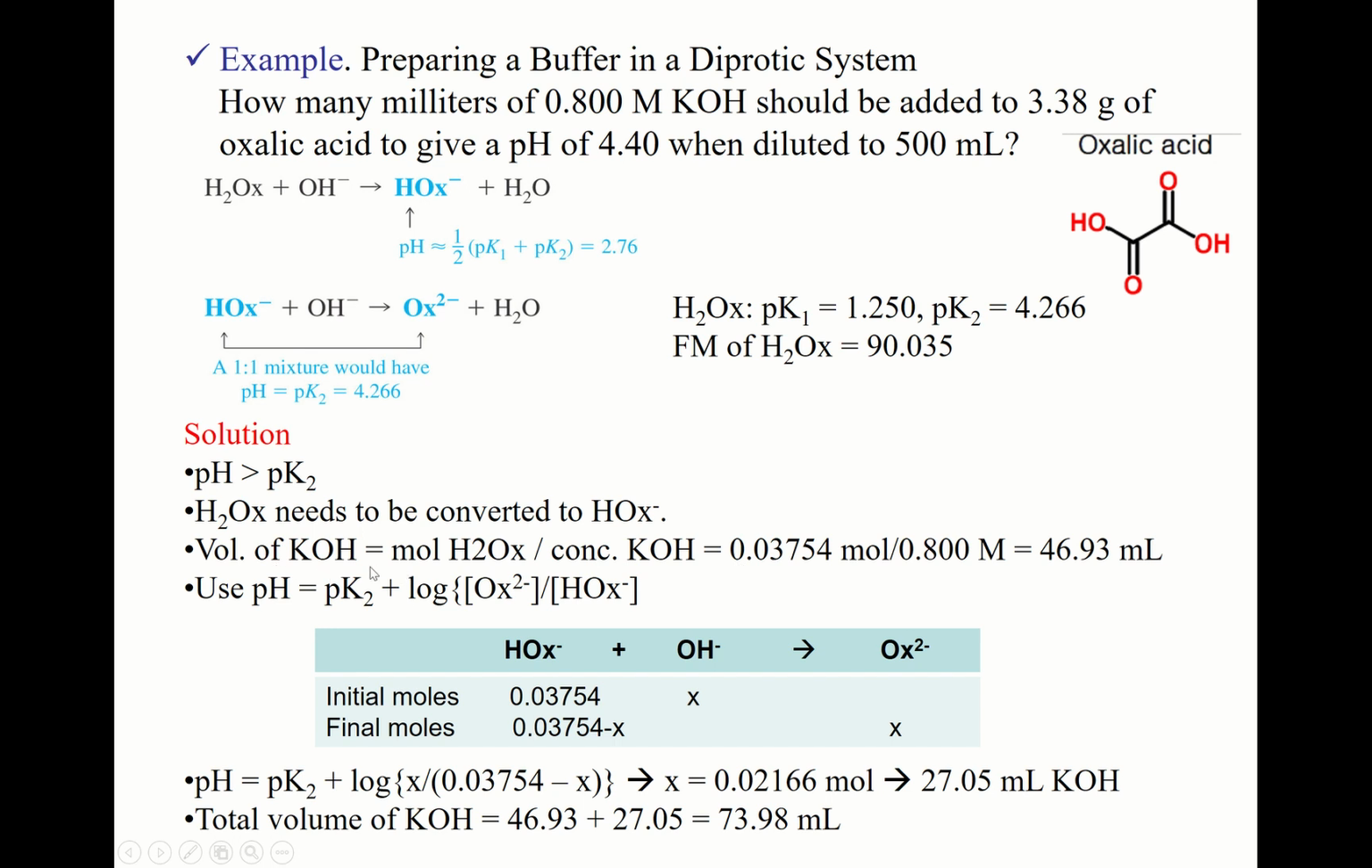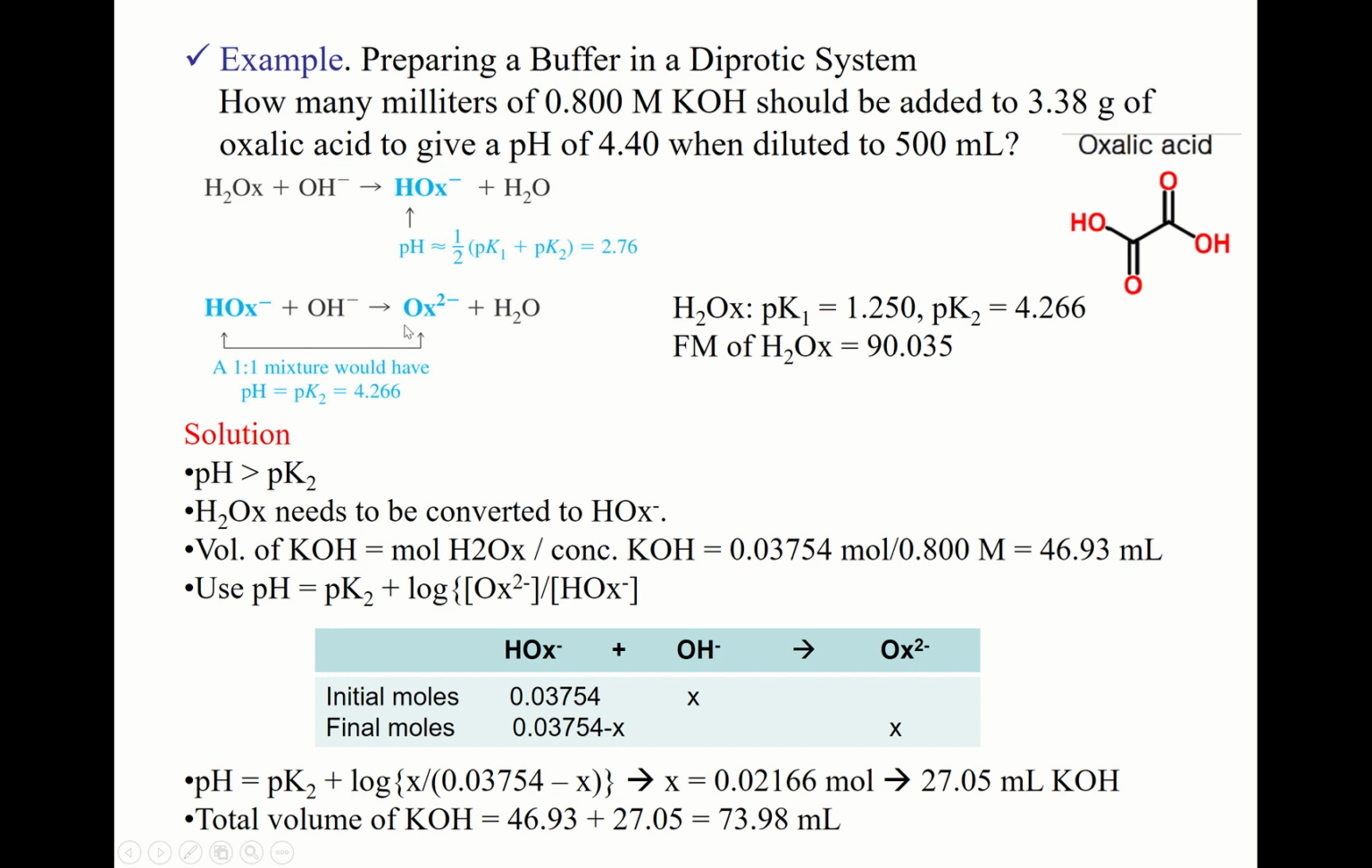The volume of KOH is what? Moles of oxalic acid divided by the concentration of potassium hydroxide. Okay, this mole, 3.38 divided by 90.035, is 0.03754 moles. Then we divide by the potassium hydroxide molarity, and we get 46.93 milliliters. Okay, now we have to add more to convert